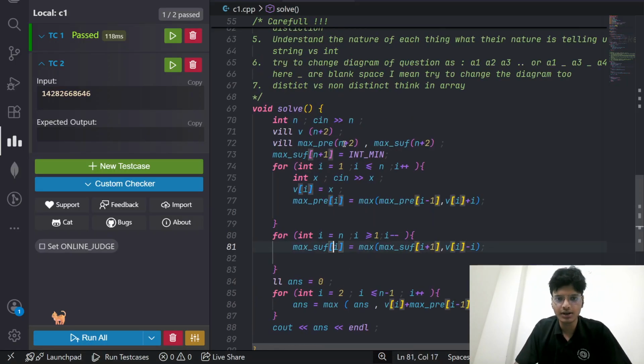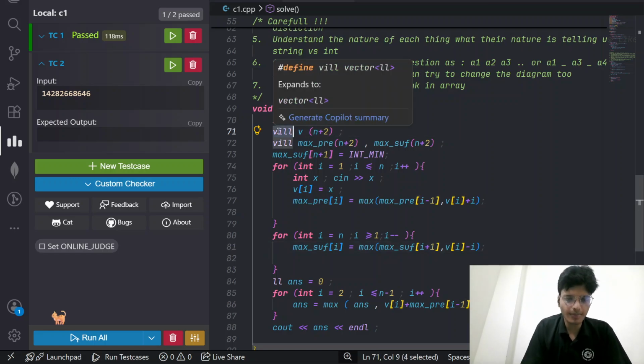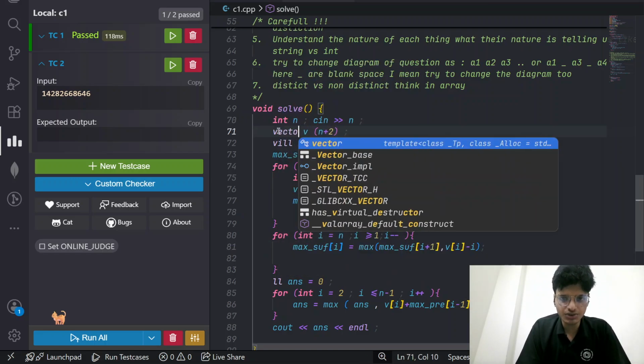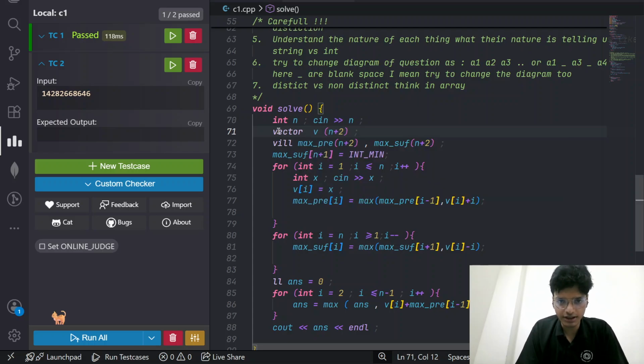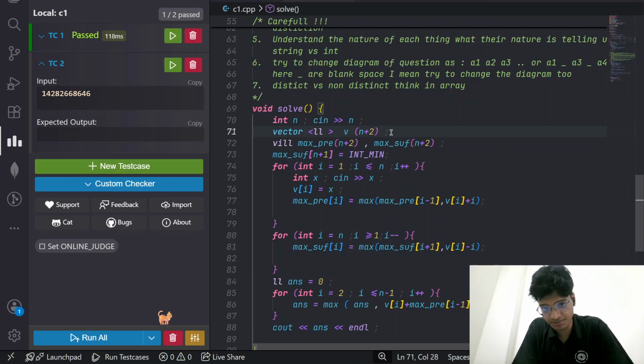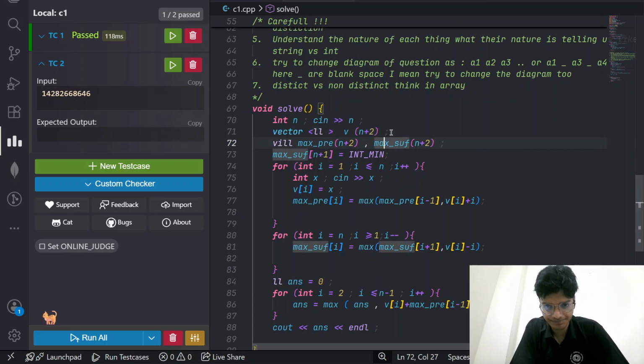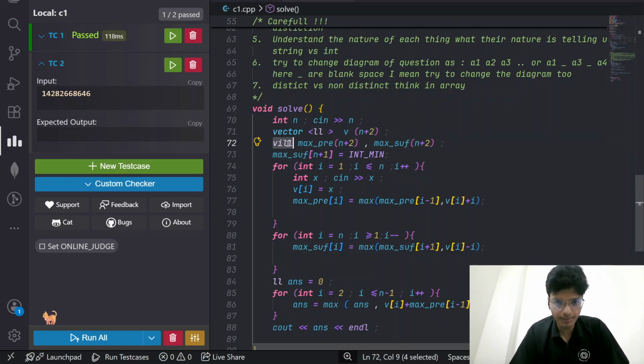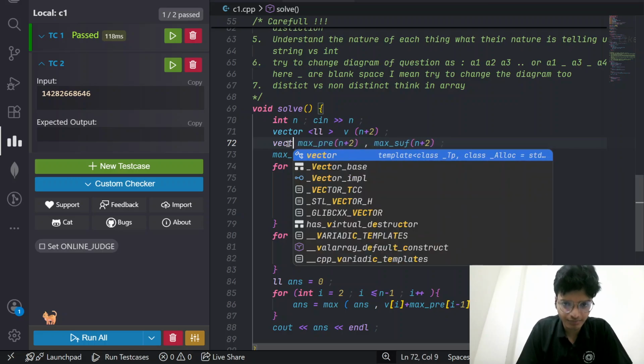Yeah, here it is. So what we have done is take an input n and then create a vector v of size n plus 2, since the zeroth index and the (n plus 1)th index we are choosing are just temporary basis. They will help in our future. I will tell you why. And then a vector of